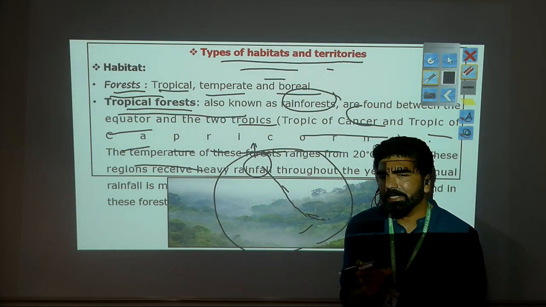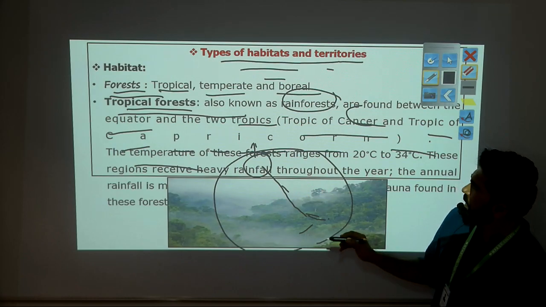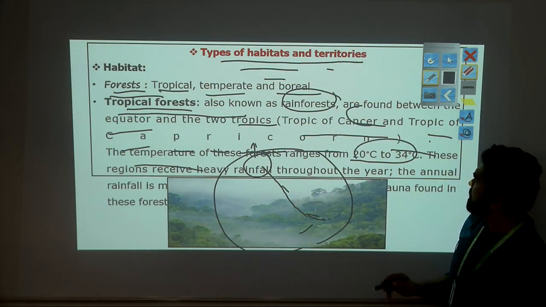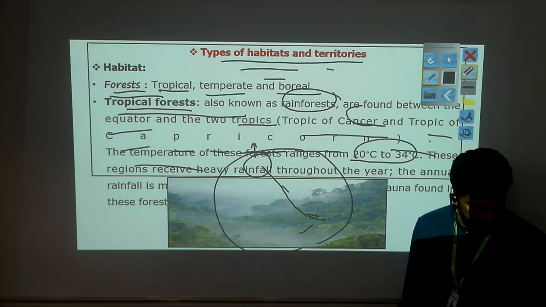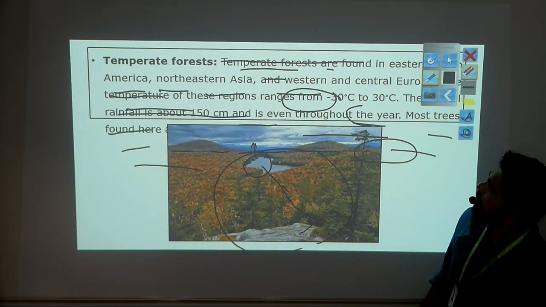When you see the temperature of that particular habitat, it ranges between 20 degrees Celsius and 30 degrees Celsius. Let us see the next one. Then the temperate forest,